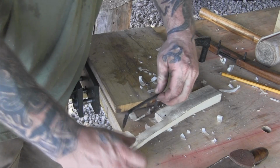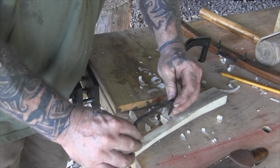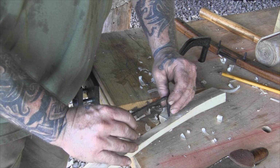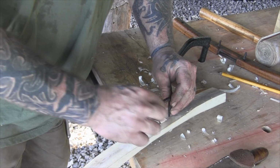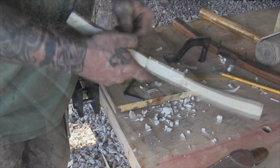Okay, this blade will be in this direction like this, and here is where you're going to do your cutting. This is all release angle on this side. Okay,